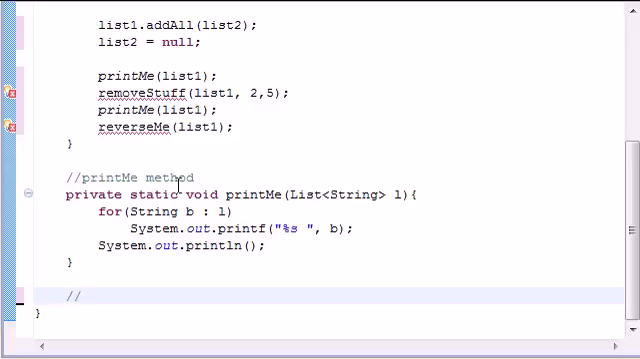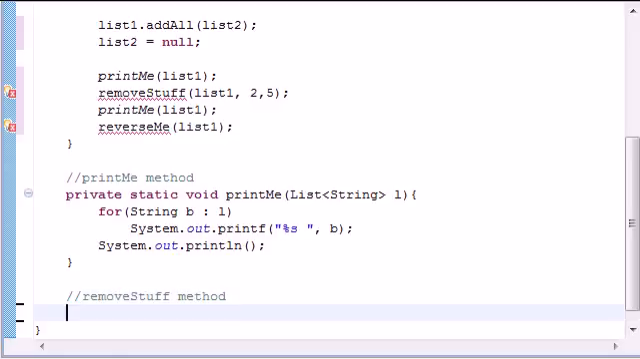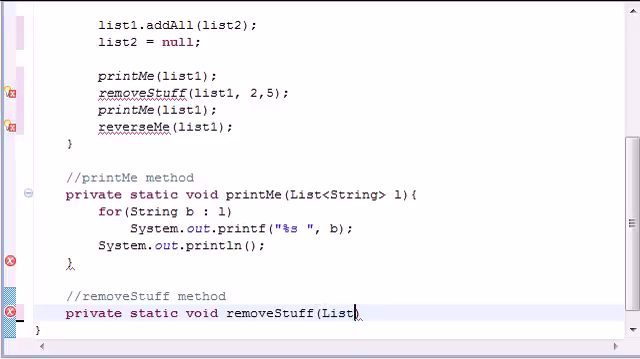So now we can go ahead and build our other method, removeStuff. So let's go ahead, removeStuff method, right like that. So this is also private static void removeStuff, but this one takes a list of string data, and we'll just name this list L temporarily because again I'm lazy, and put int from, int to,